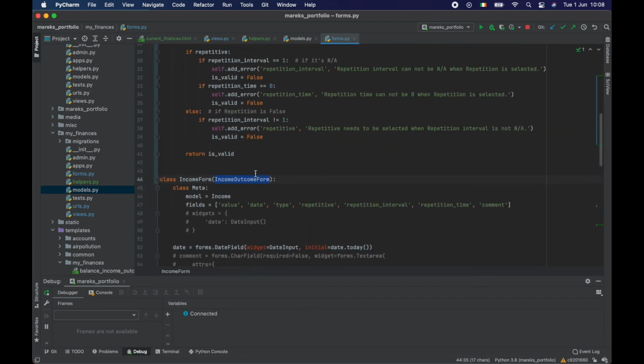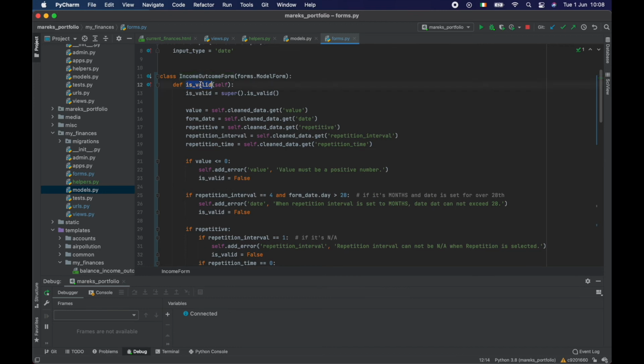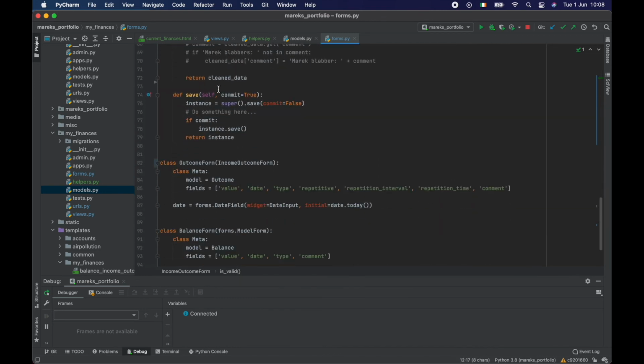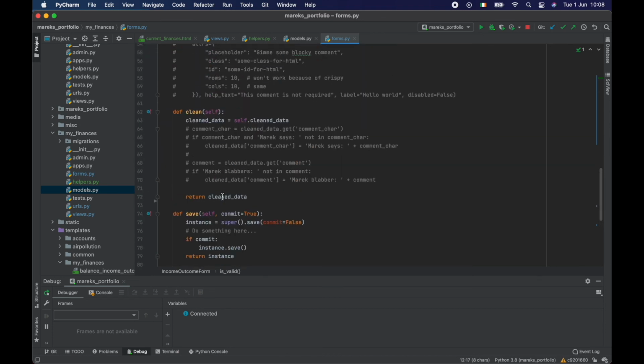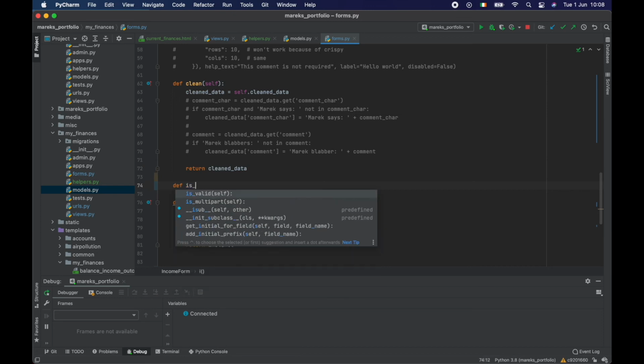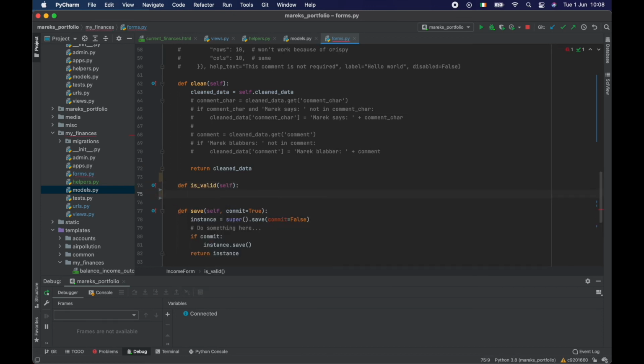And by the way, I can still extend is valid. I can still overwrite the is valid. So if I assume that, hey, by the way, if it's income, I want to do something here. I want to also add def is valid, self, and is valid. So I start the same way. So I want to do super, and yeah, do the is valid here, and